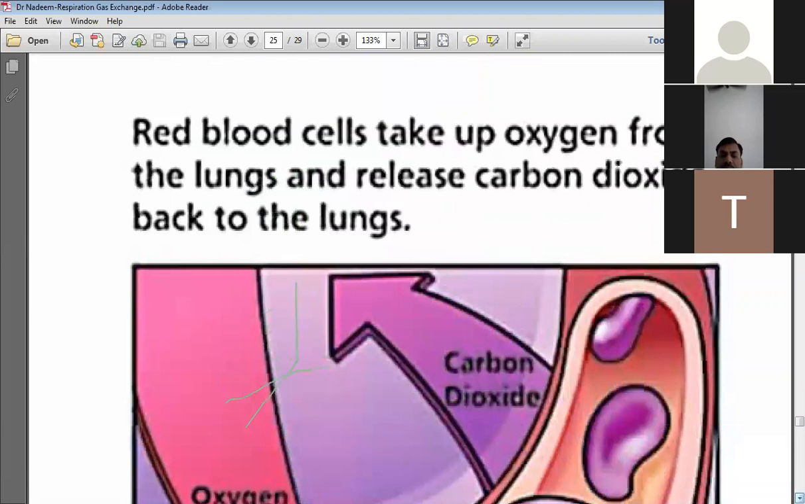Red blood cells, that is RBC, are a very important part of this process. They take up oxygen from the lungs and release carbon dioxide back to the lungs. At one time, they are taking up